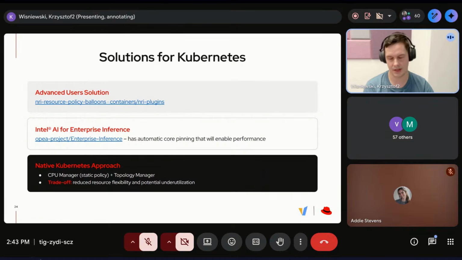You can also specify here that you want exclusive cores. You can also specify, if you have hyperthreading enabled, whether or not to allocate those hyperthreads. You need a little bit of knowledge to use it, but in return you'll have very good results. And in the ChatQA example I showed you, this is what we are using. In that case, we are trying to saturate the platform efficiently.